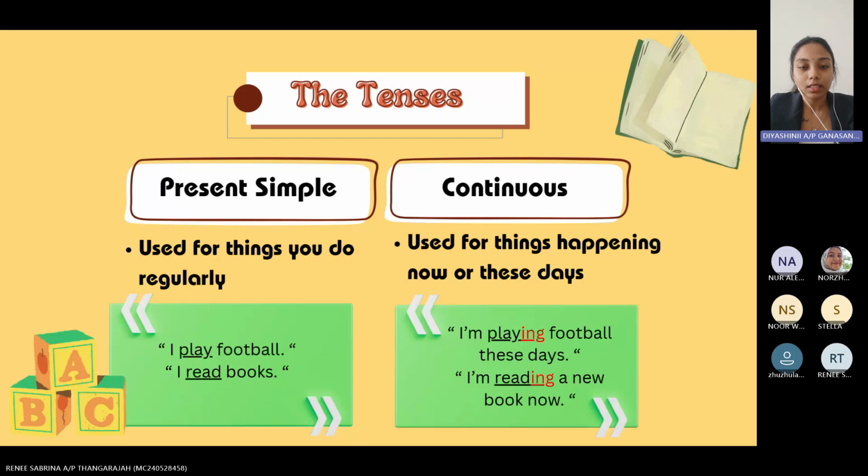If you realize, we have the ing beside the verb for continuous tense. For present simple, the examples are I play football and I read books. When it comes to present continuous, it has I am playing football and I am reading a new book now. So just remember that for continuous, you just add ing in the sentences, okay?